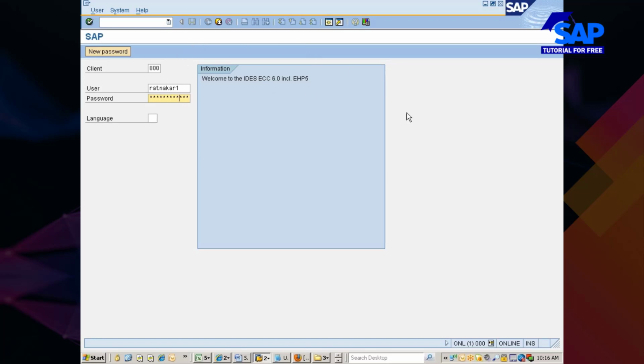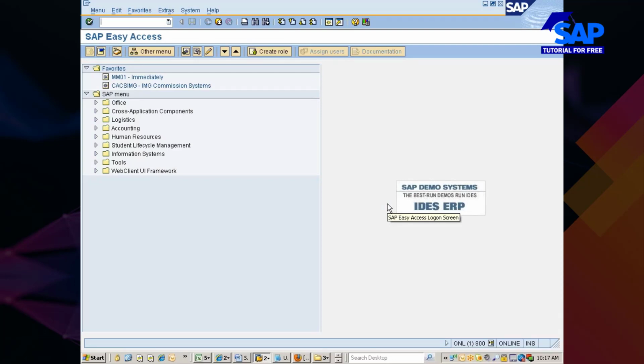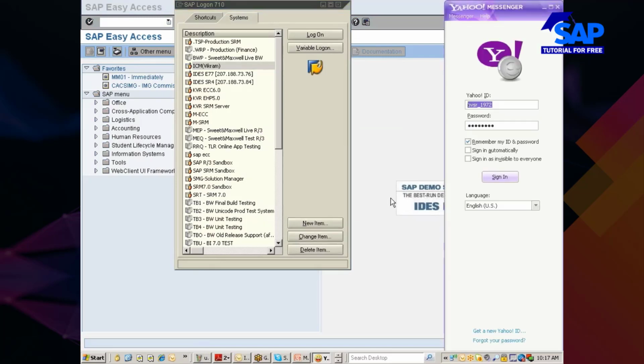So this is called the user interface or the UI screen. The user ID and password that I am entering will be validated, and if they are valid details, only then does the system allow me to log into the system.